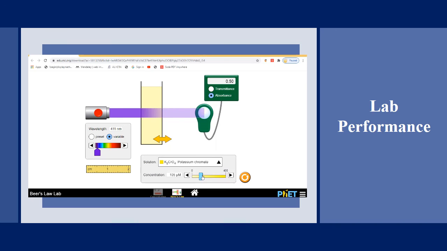As I increase the concentration of the solution, the absorbance will increase. The solution will absorb more intensity of the light, but the transmittance of the light will decrease as I increase the concentration of the solution. So this is how we can perform Beer's law with the help of the PhET website.